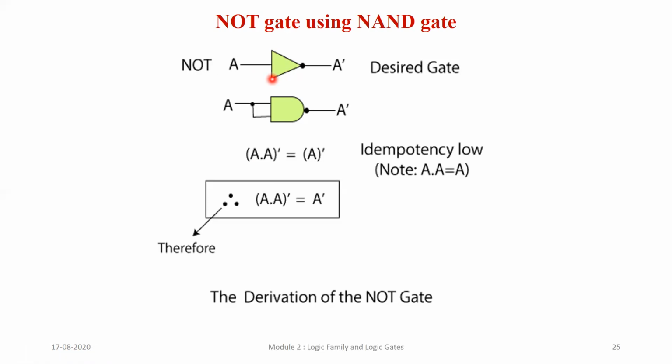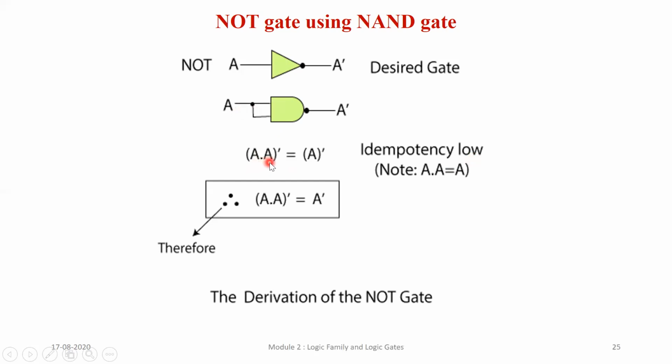We are not doing the NOT function of A plus B or A into B. I have only one input. But the NAND gate which we have studied has a minimum of 2 inputs. I can have 3 inputs, but we usually go for 2 inputs, whether OR gate, AND gate, or NOR gate. So I have to realize this function, and what I am using is the idempotency law.